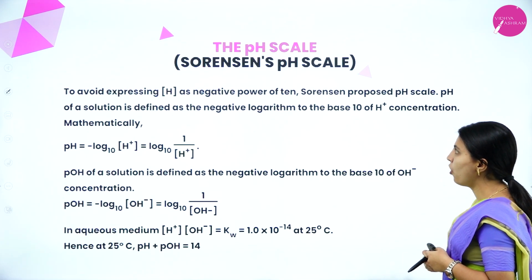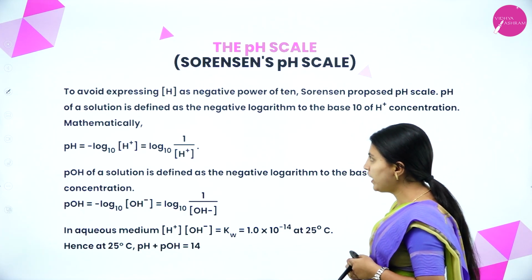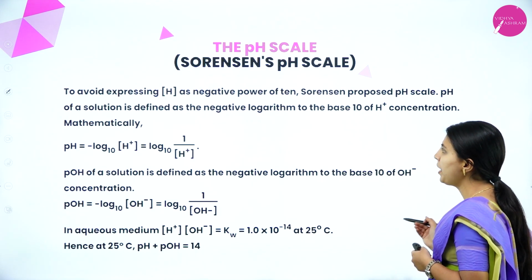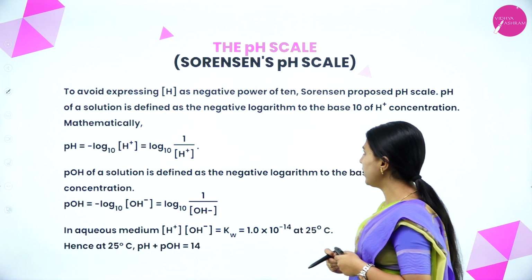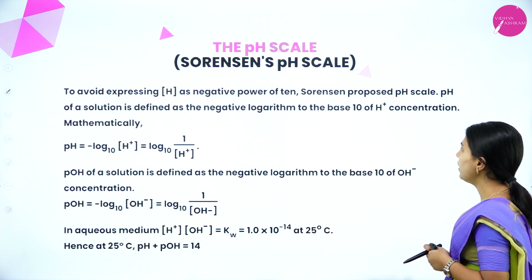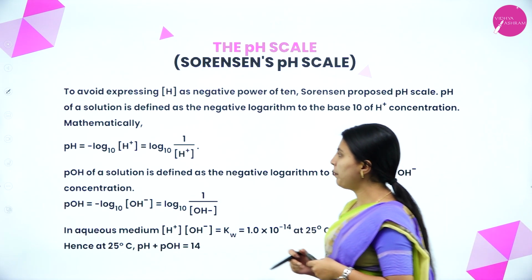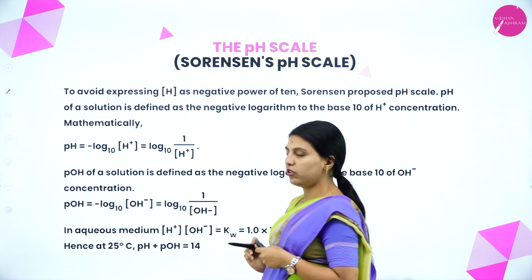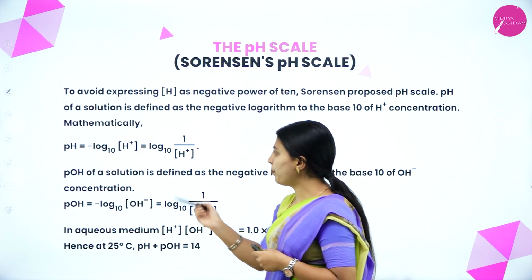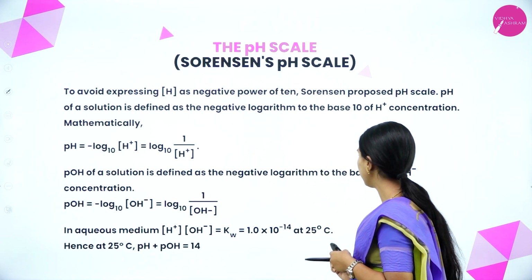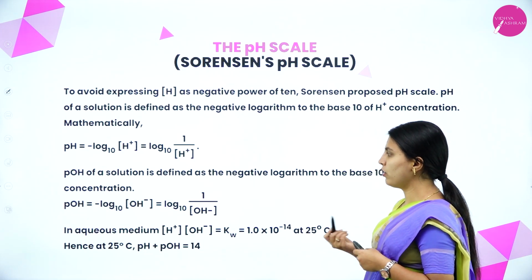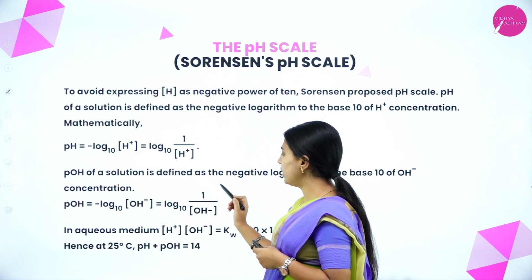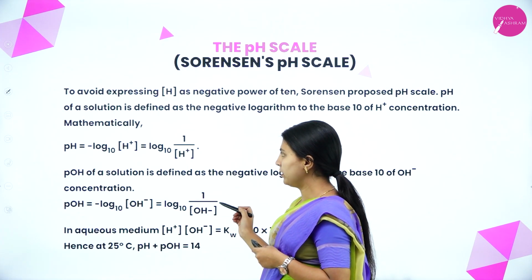Next, the pH scale or Sorensen's pH scale. To avoid expressing H plus as a negative power of 10, Sorensen proposed the pH scale. pH of a solution is defined as the negative logarithm to the base 10 of H plus concentration. Mathematically, pH equals minus log 10 into concentration of H plus, equal to log 10 of 1 by concentration of H plus. Okay. So, pOH of a solution is defined as the negative logarithm to the base 10 of OH minus concentration. See, minus log 10 into OH minus equals log 10 into 1 by OH minus. This is for